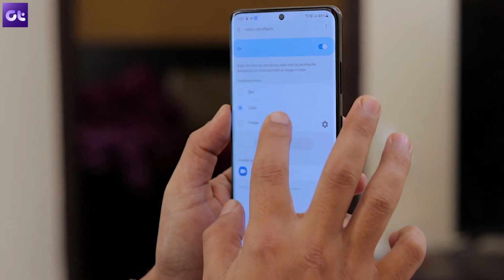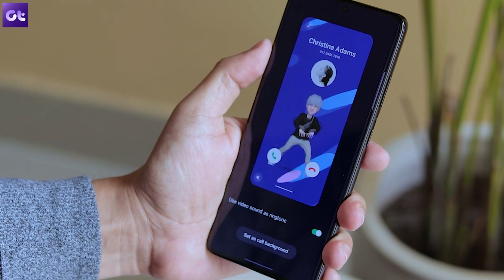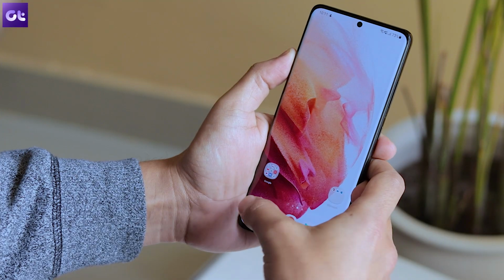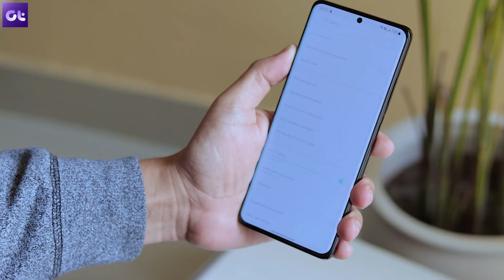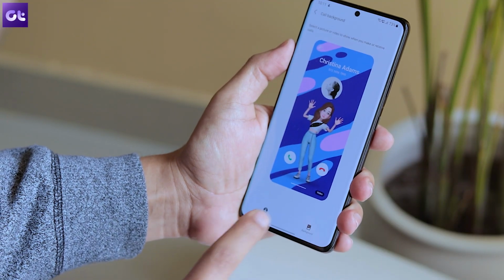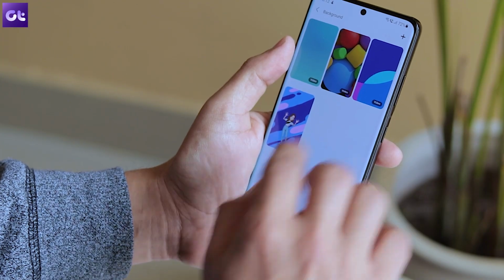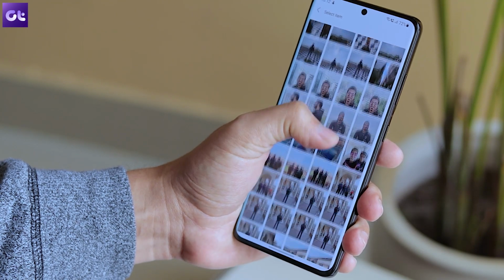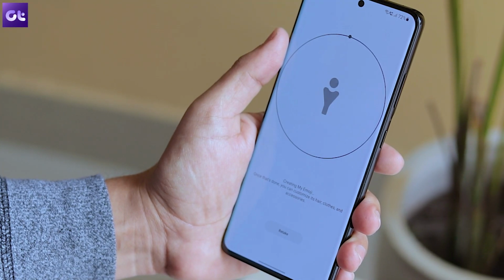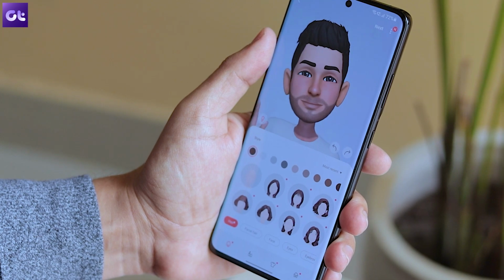Simple and so cool. Speaking about changing the background, you can even change the background of your calls, basically incoming calls, and you can put an animated video or actually any video out there. This looks really cool, doesn't it? Well, to apply this, open up the dialer and then tap on the three-dot menu button and then tap on Settings. Now tap on Call Background and then on the background option at the bottom. You can now choose from various videos or even add custom videos from your gallery by tapping on the plus icon. Additionally, you can even create a custom video using the AR emoji feature for a more personalized touch.